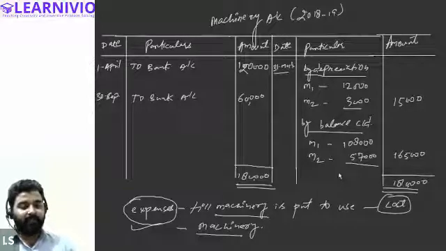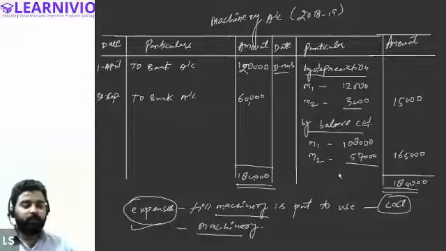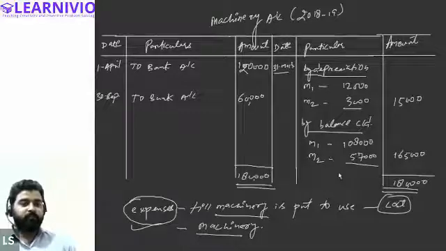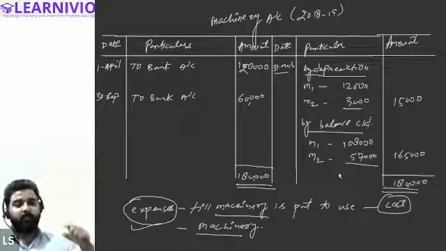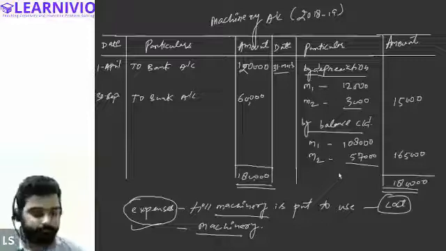That will form part of the machinery account. But any expense incurred after the installation is done, after the machinery is under use for the operations of the business, is considered a revenue expense that directly goes into the profit and loss account. That does not form part of the machinery account. Only capital expenses are recorded in the machinery account. Any expenses incurred till the point it is ready to use are considered capital expenditure, which are part of the machinery or any other asset account, but other expenses are not. Yes, sir, I got it.